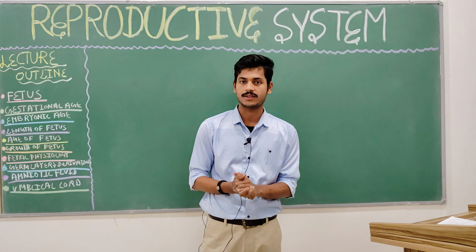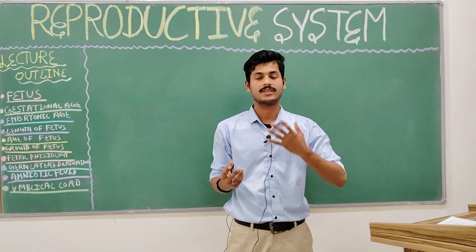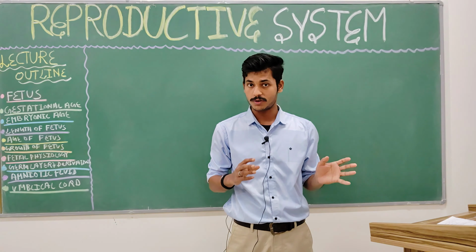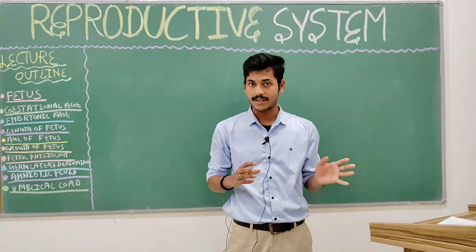We talked about gametogenesis: in the female, oogenesis, and in the male, spermatogenesis. The female undergoes a monthly sexual cycle called the menstrual cycle. We have a detailed lecture on the menstrual cycle, and after that we saw fertilization,